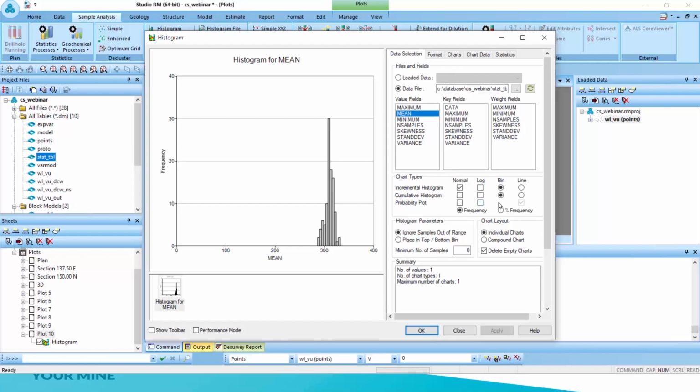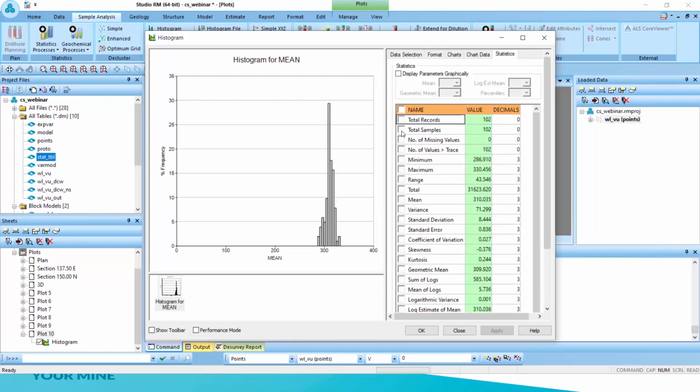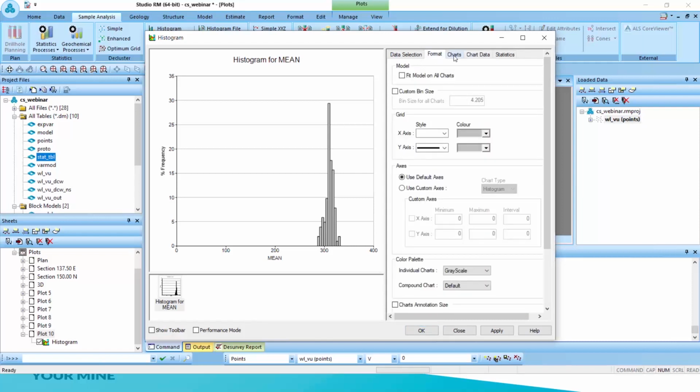So let's consider this option here. I will see the total samples, maximum, mean, variance, coefficients of variation, and here